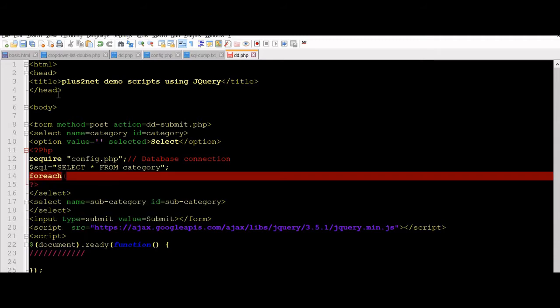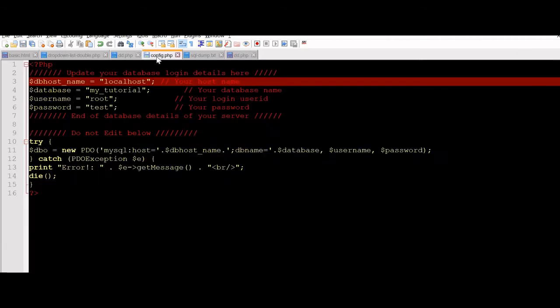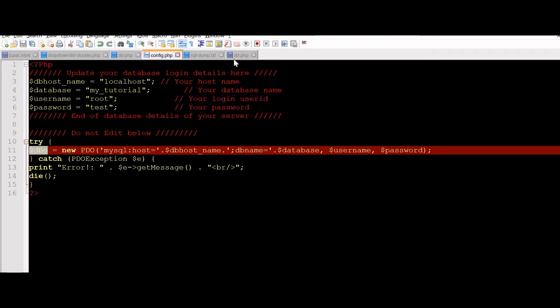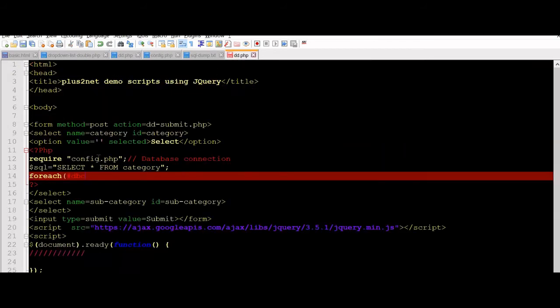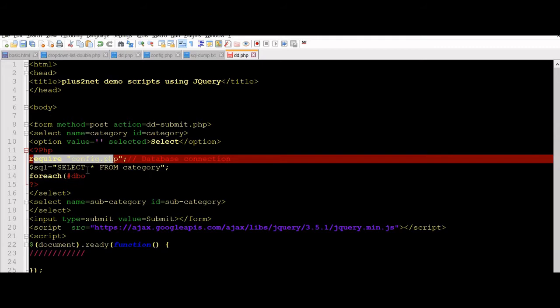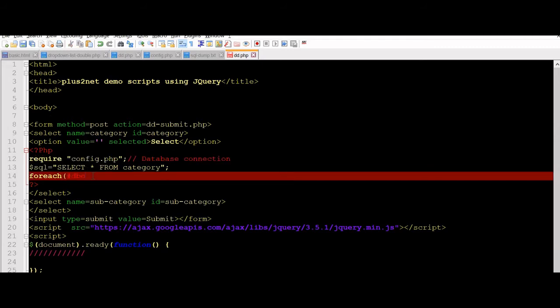Now we are using our DBO. DBO is what we declared inside our config file. If you just open the config file, you can see here is the variable we declared. So we are using that because we have connected it here. Okay, this DBO. Now we will query.